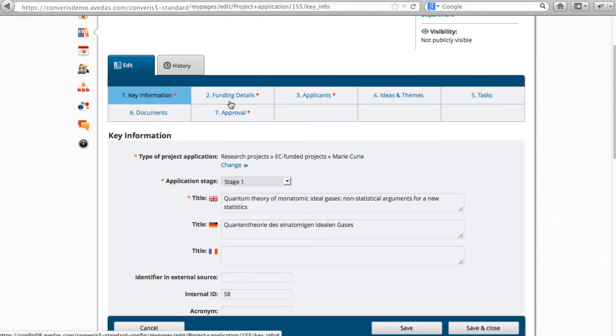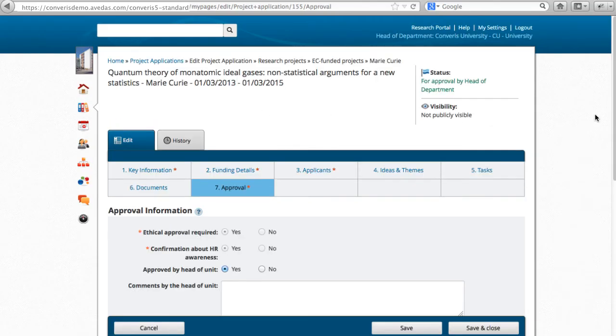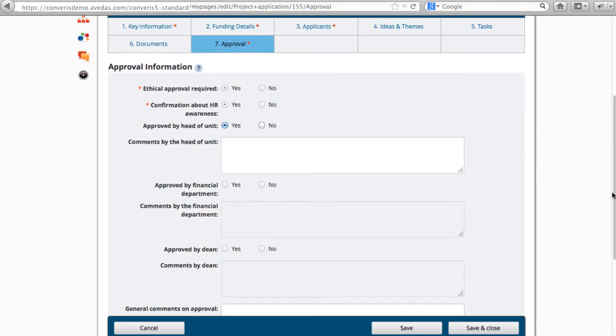The Unit Manager is then able to review all of the information relating to the application, from sections funding details through to documents. When they're happy with the application, they can move to the Approval section. Here they can record additional comments, for example, application approved,